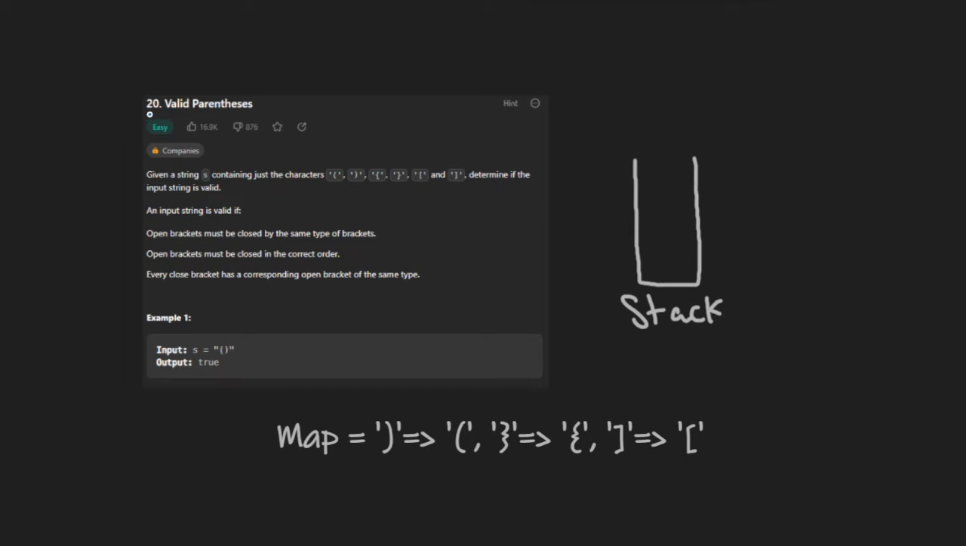Today I'm looking at LeetCode 20, Valid Parentheses. In this problem, we're given a string that contains parenthesis-type characters, and we want to determine if the string is valid. A string is valid if every open bracket is closed by the same type of bracket. In other words, if we look at this example input string,